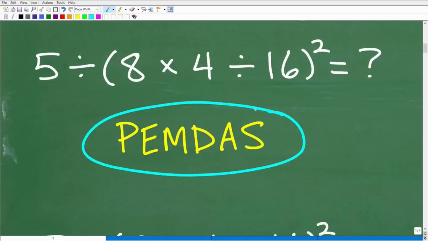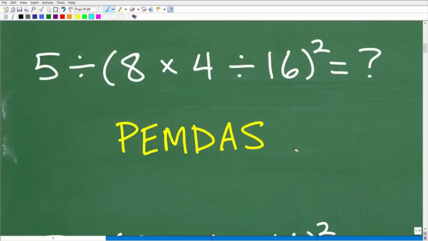Now, just as a little aside, most people, from my experience, and I've been doing this for decades, are familiar with this phrase here. Now, there are other phrases that effectively communicate the order of operations, but this is by far probably the most popular phrase. It's PEMDAS, and there is a little mnemonic, which is a little memory aid, a little way you can remember this phrase, and that is